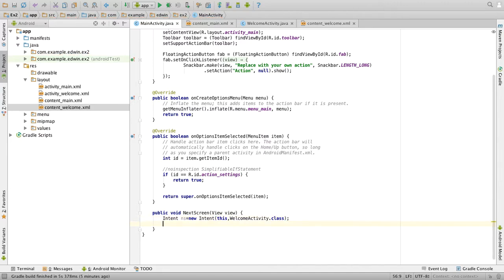Then we have to send some values like the first name and the last name. So first we will get the values.